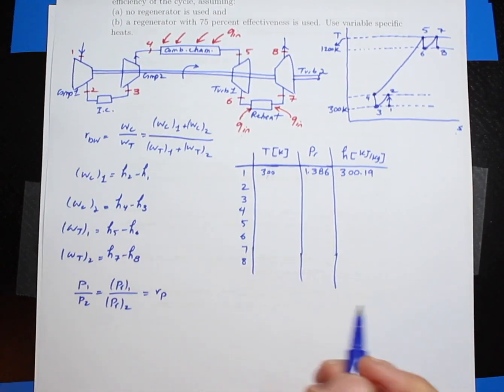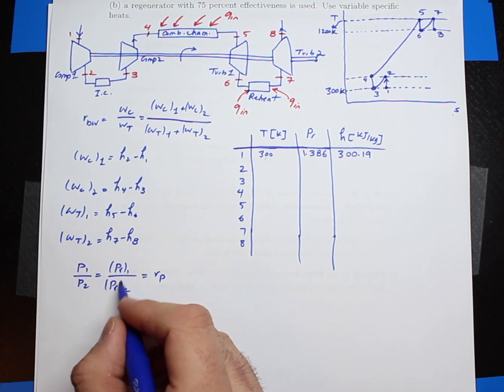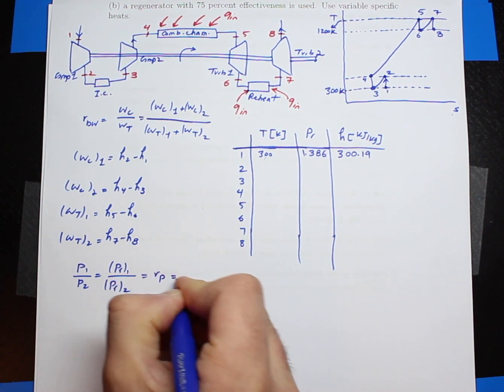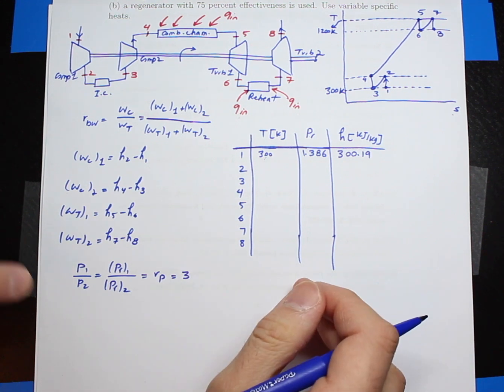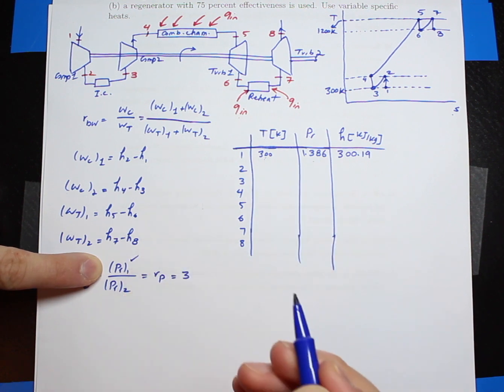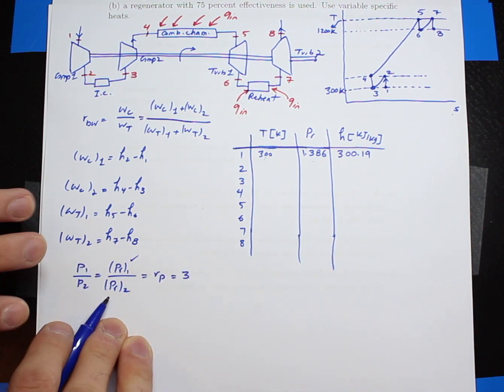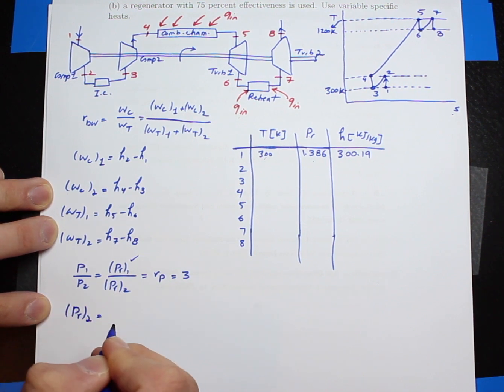So that means I have the value of this pressure, the value of this ratio. The value of this ratio is the pressure ratio, which is equal to 3 and is given in the problem statement. Now, this PR1 is exactly what I have here. So this is checked. Based on that, I can find PR2. That gives me the relative pressure at state 2 equal to